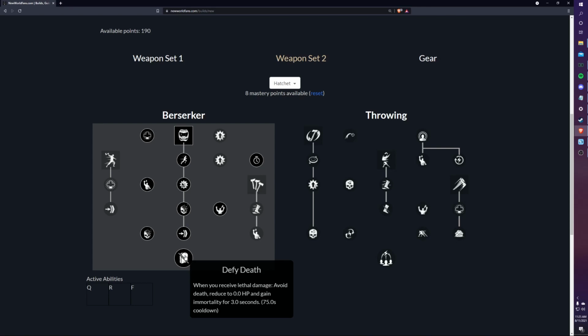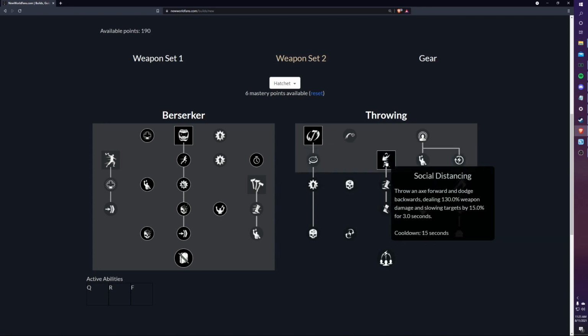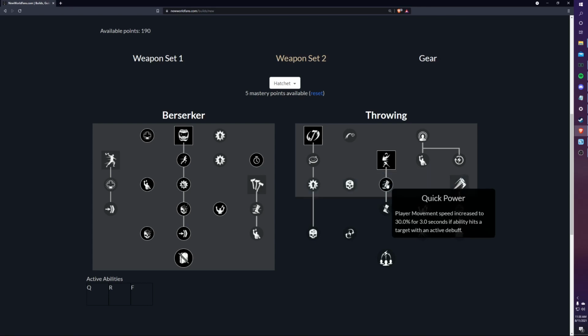From here, we check out the throwing tree. By grabbing Rending Throw, which you throw an axe dealing 110% weapon damage and applying Rend for 10 seconds. Then Social Distancing, which throws an axe dealing 130% weapon damage, while also dodging backwards and applying a slow for 3 seconds. We have 6 points left, so we buff Social Distancing by taking Quick Power and Stay Back, which